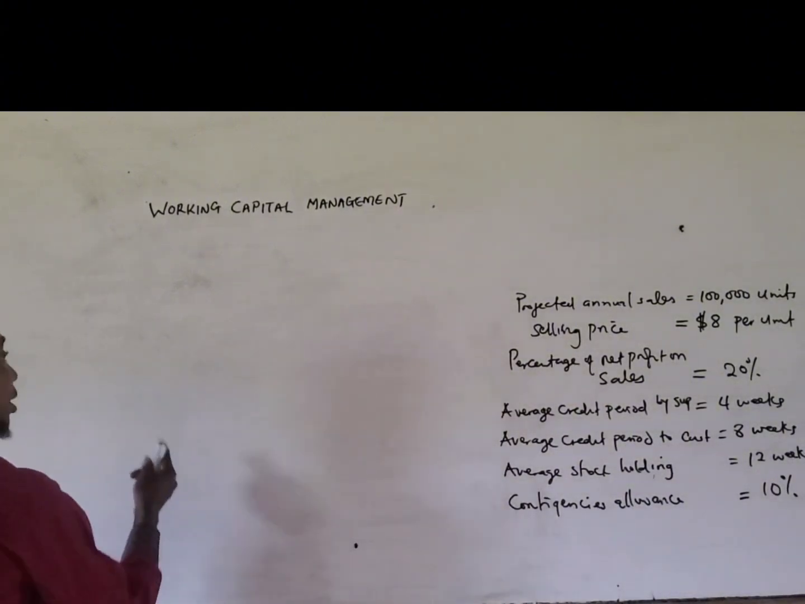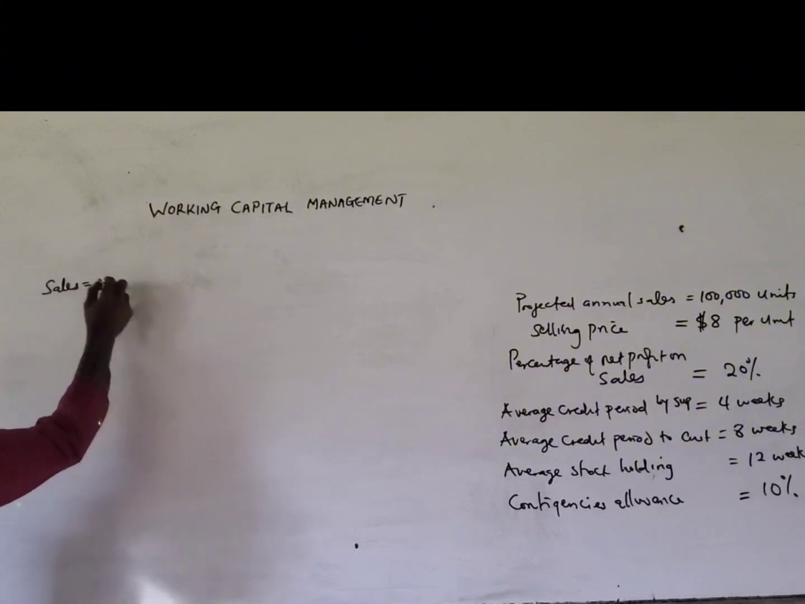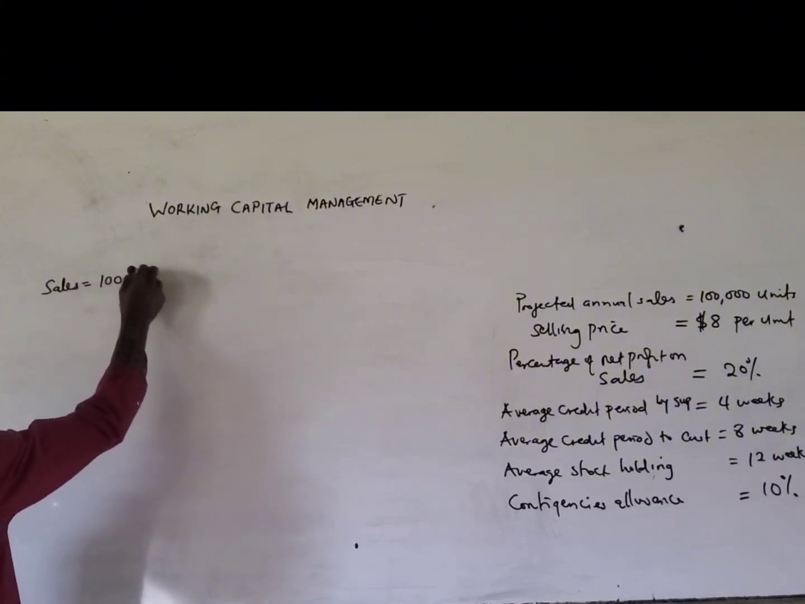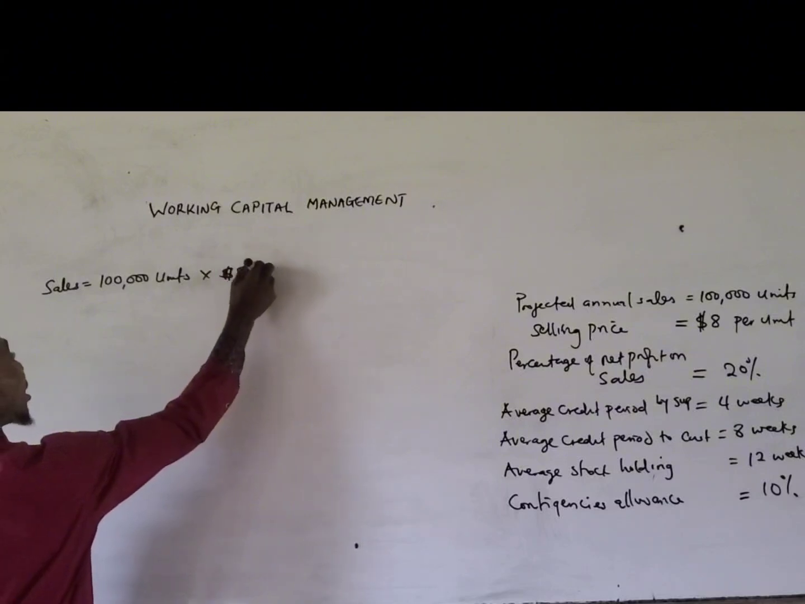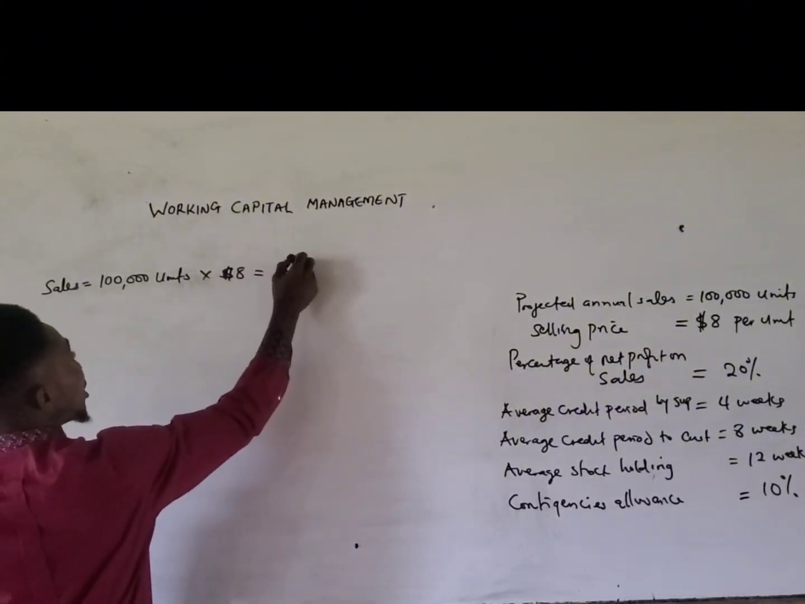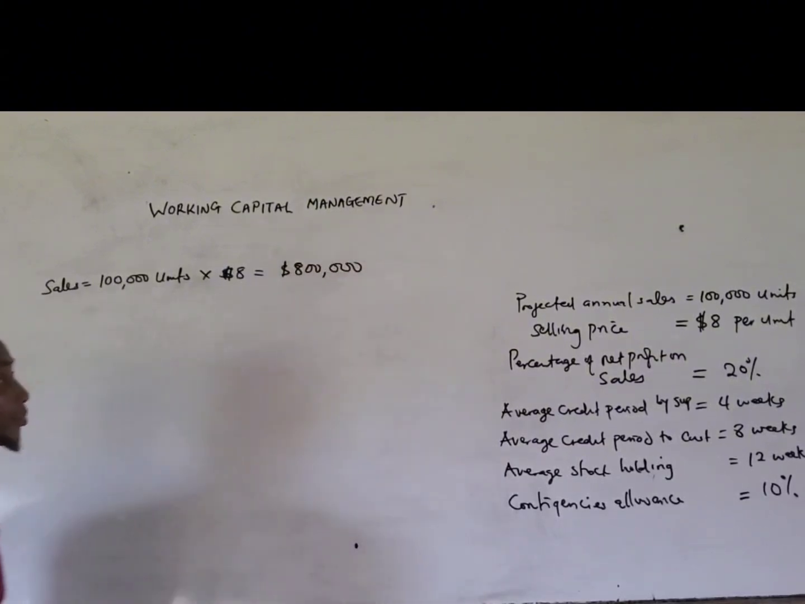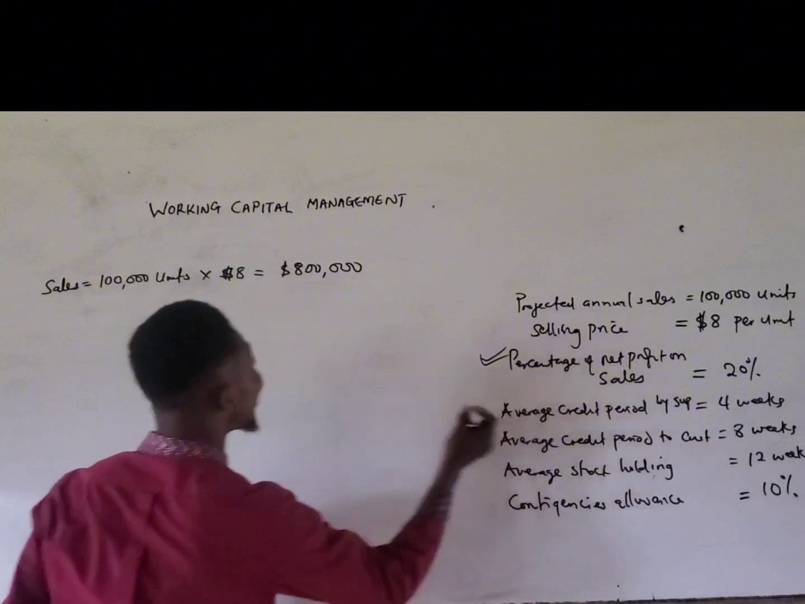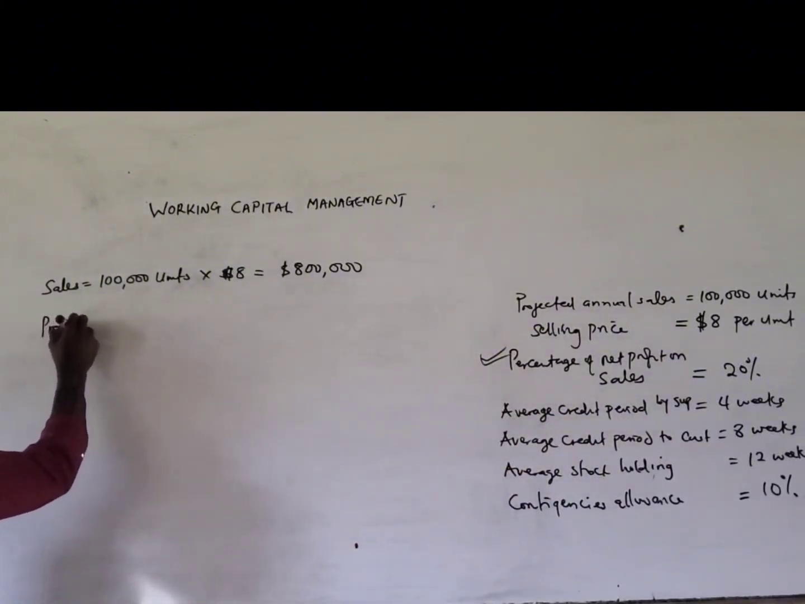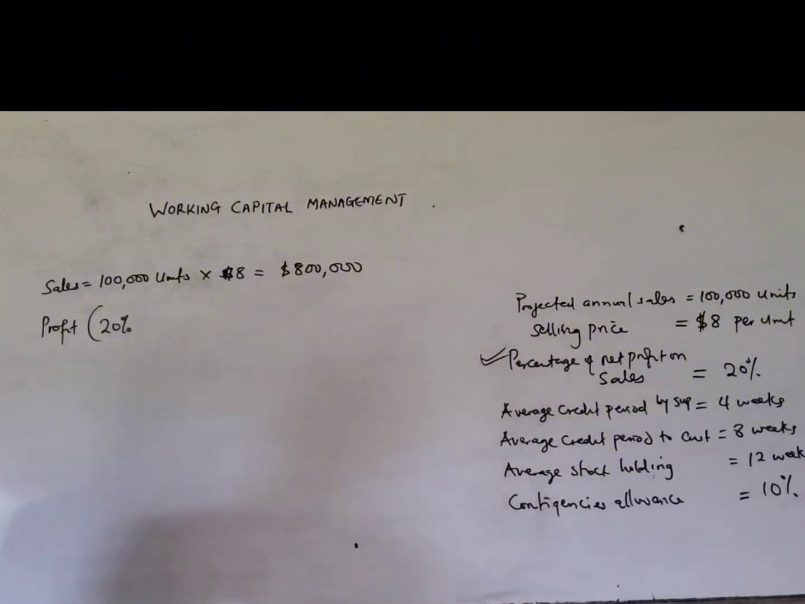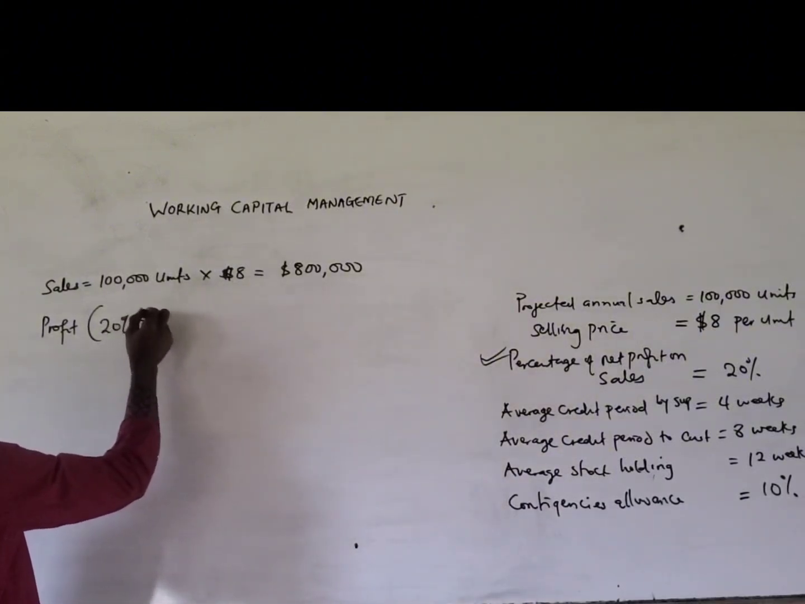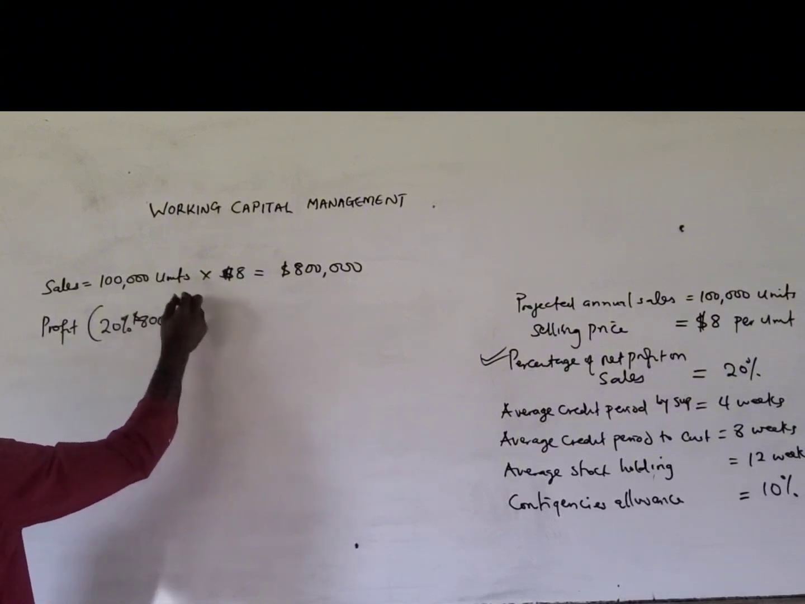So the value of sales here will be, since the total units projected is 100,000 units times the selling price, $8, that will give us $800,000. Then we are told that the percentage of net profit on sales is 20% of the sales value. So 20% of $800,000 will give us